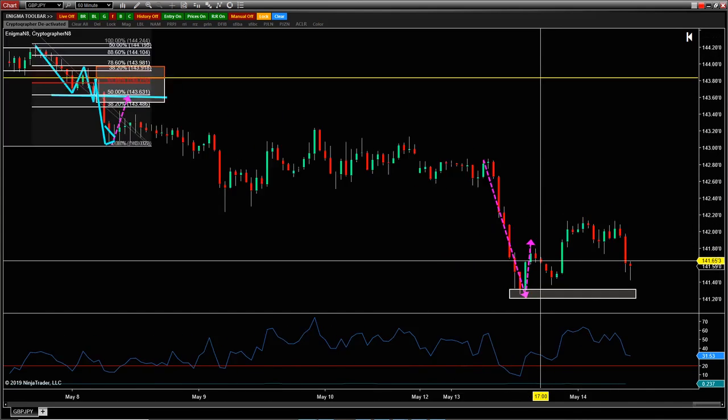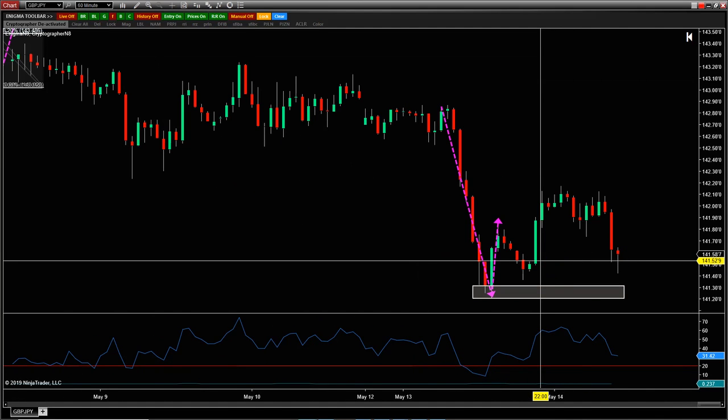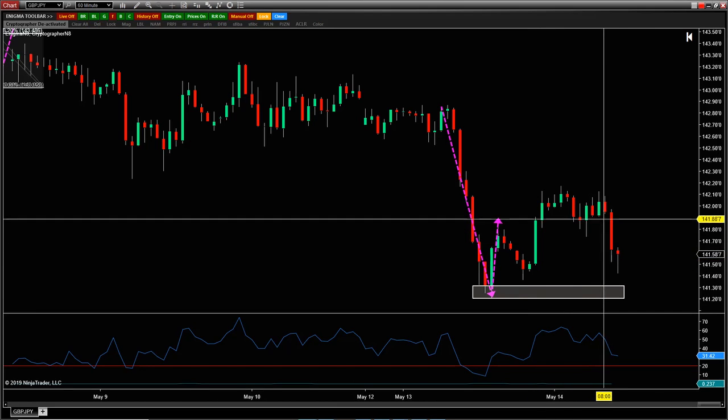So that took away interest in this pair. I'm not interested in any more longs on this pair. I'm not interested in getting short because we're at structure. So the only thing that would interest me is now seeing a break and close below that 141 level, at 141.20 levels, and then kind of resetting the process here. But